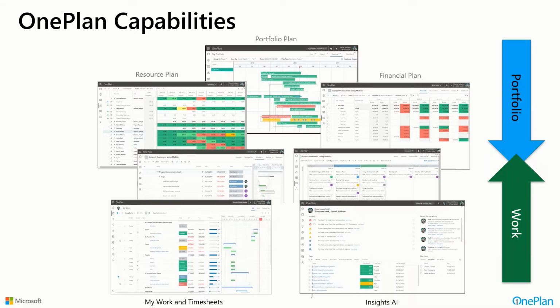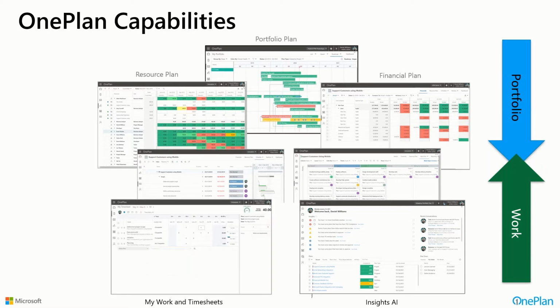Now, team members can actually participate in this as well, seeing all their assignments all in one place with a My Work area or a home page that gives them easy access to the things that involve them. Even timesheets, as we want to look at actuals, because those actuals can impact what we're doing with financials as well.